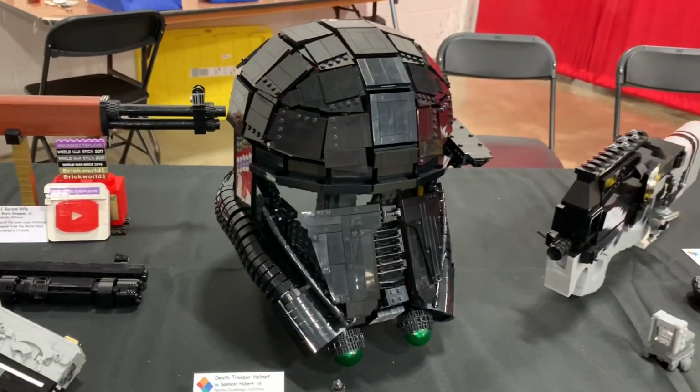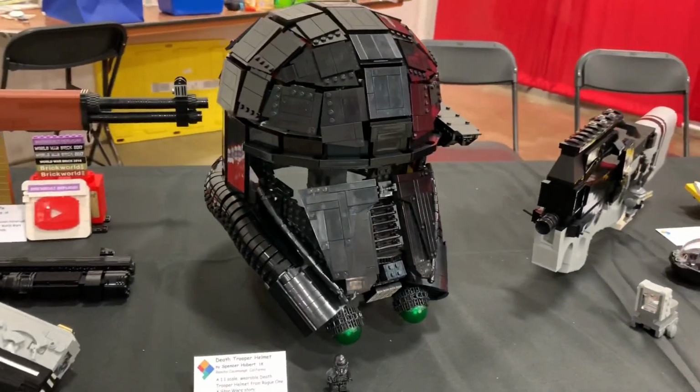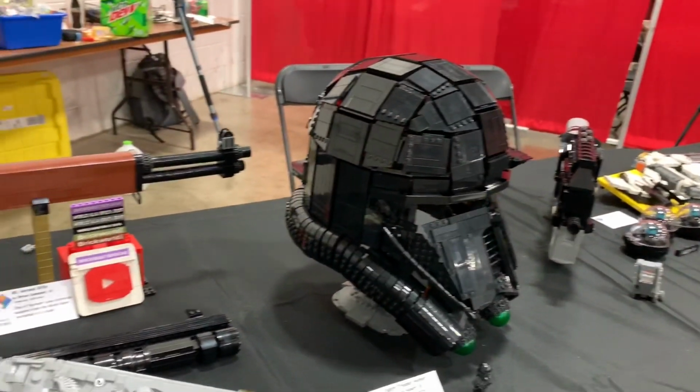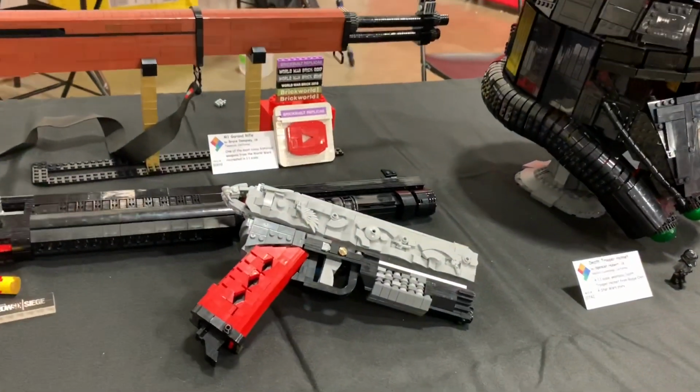Next is a Death Trooper helmet created by LEGO Spencer. Really cool parts usage here to kind of give off that helmet dome curvature. Just a really cool way to make a Star Wars helmet, and this is very unique because you don't really see that often. Over here is some guns from popular video games, so down here you can see the Rat